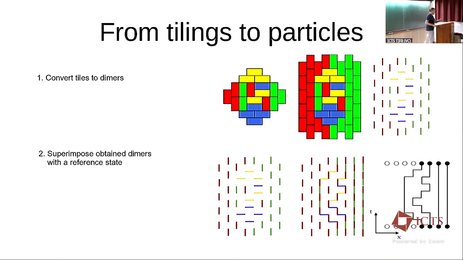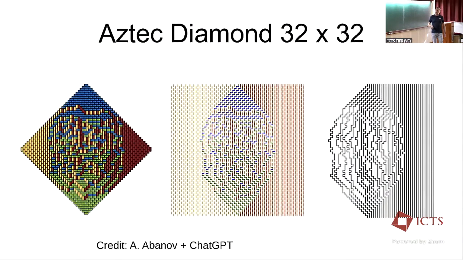Here, just a more beautiful example, which Sasha produced using ChatGPT. He taught it how to produce these things. And it's really nice. So this is, again, a configuration of an Aztec diamond. Just 32 by 32, it is better than my primitive picture. All right, so as you can see, what happens here is there's a right-hand side, which is completely motionless. Particles just don't move, they're frozen. And some trajectories fluctuate away.